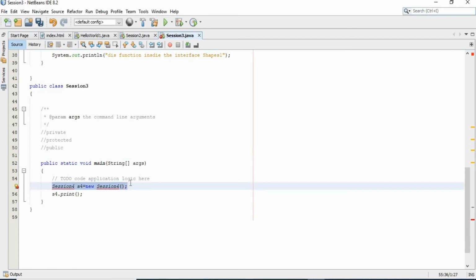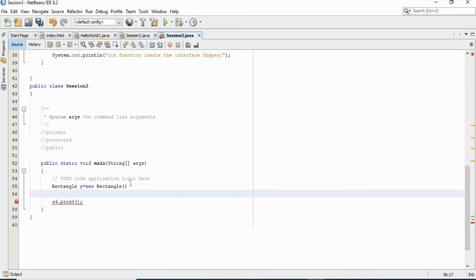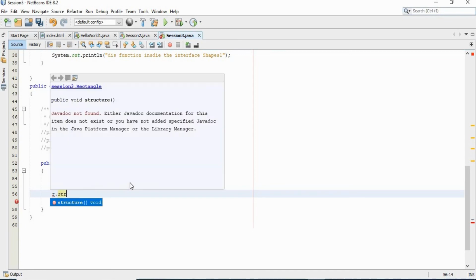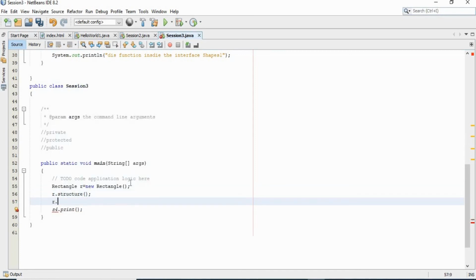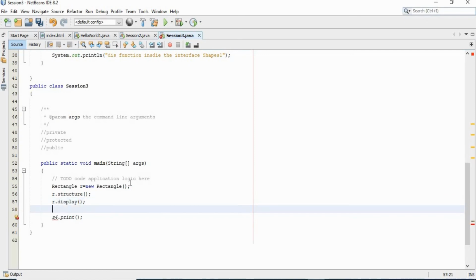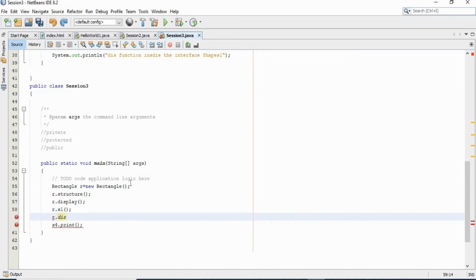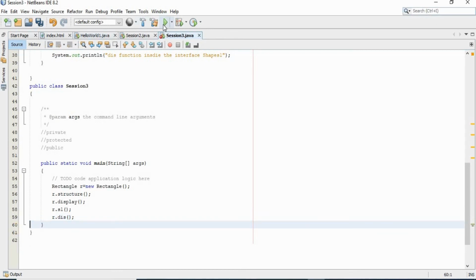Simply we can create an object for the derived class, rectangle: r equals new rectangle. Using this object we can call the class functions: structure of, display of, s1 of, and dis. We can remove this line. Now run the program.